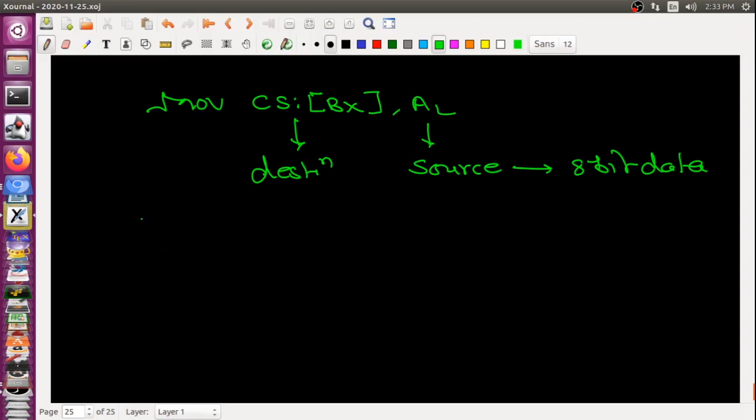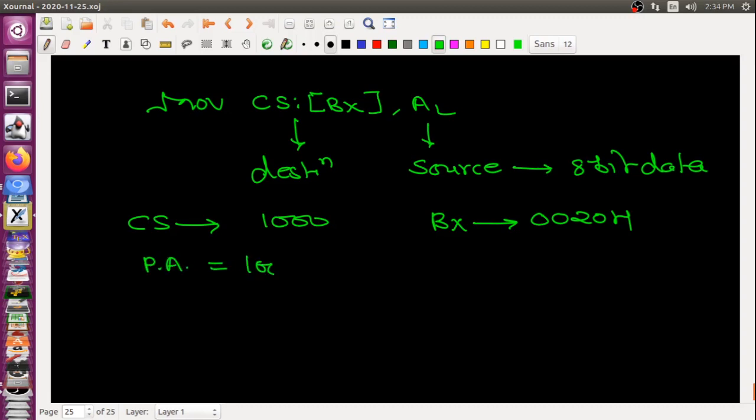So for example, if the code segment is having the value just like 10000, and BX is having the value of 0020H, I can say that my physical address will be 10000 into 10 plus 0020H.